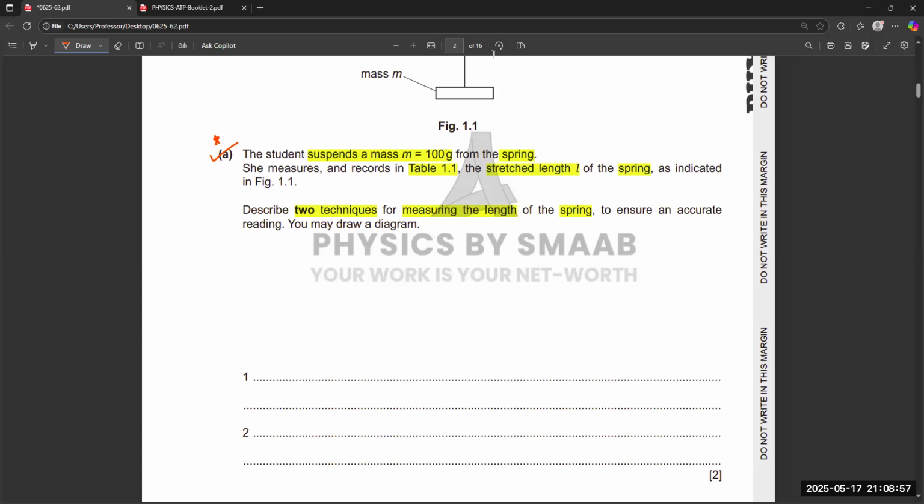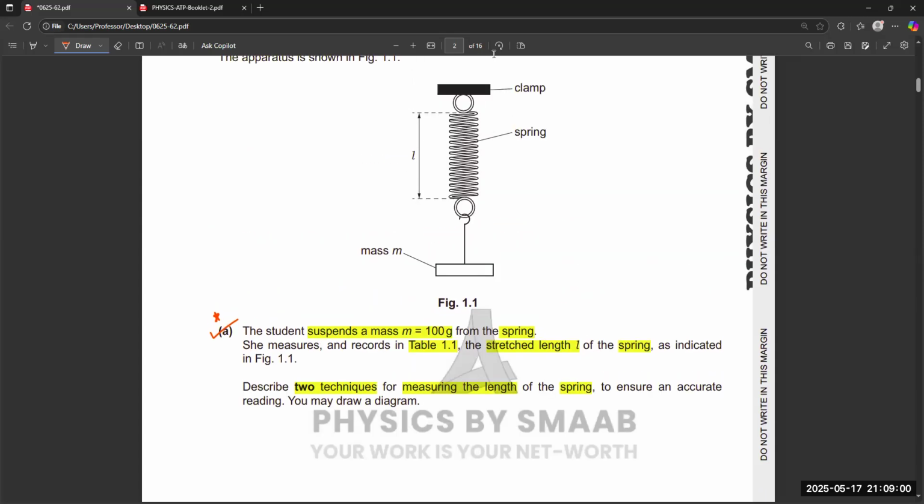So let's suppose this is the spring and you have to measure the length of the spring, and the length of the spring is shown in the diagram also, the small l. You have to measure the length marked with small l. We can use a ruler and set square, because if we place the ruler parallel to the spring, sometimes it is difficult to mark that round spring, because the spring is not a vertical or straight object, it is a round coil type material. That's why it sometimes becomes difficult to measure